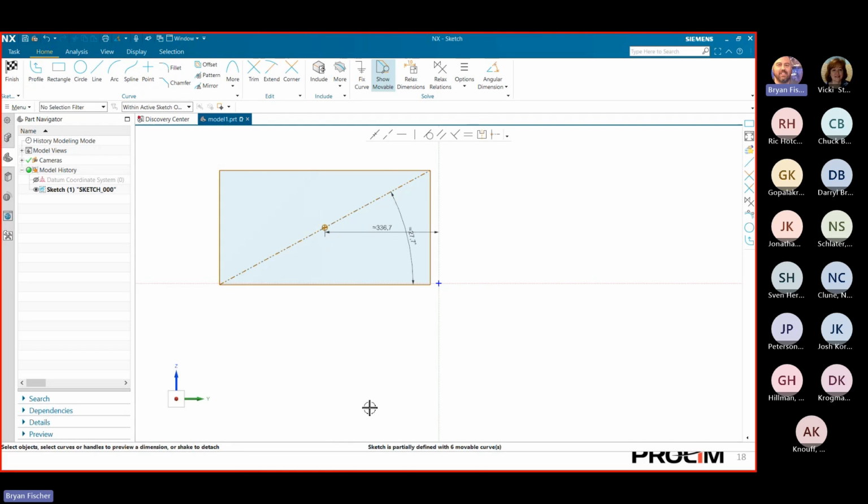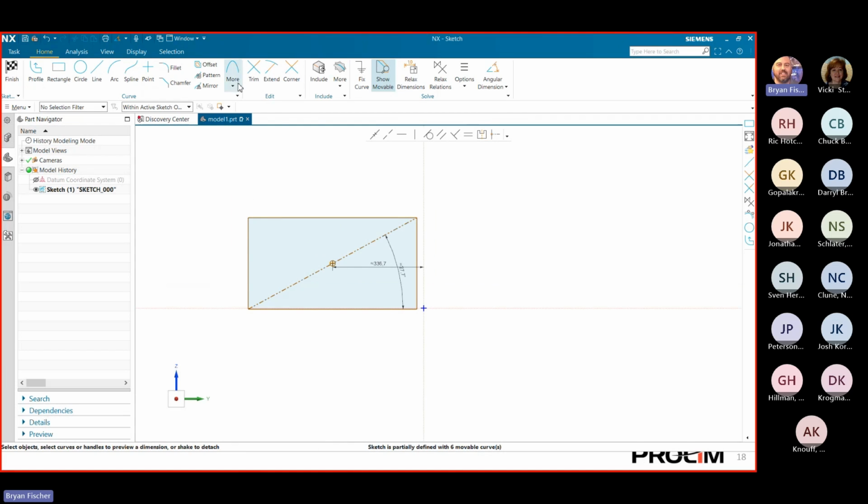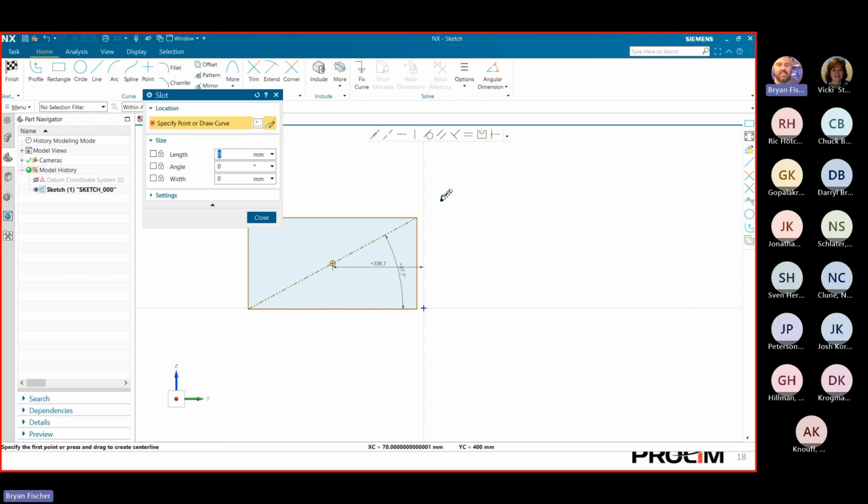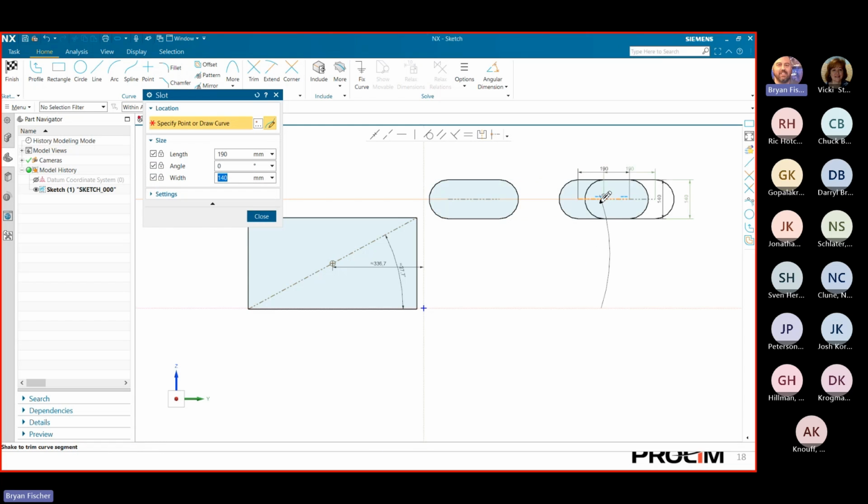One other thing I wanted to show was the slot. So we do have the slot now. The slot works pretty nice. All you do is you draw the center line, and then you can come in there and do that right there, and you get your slot. Now, if I lock these dimensions, it locks those dimensions, and you can see I can actually lock on to stuff and create myself